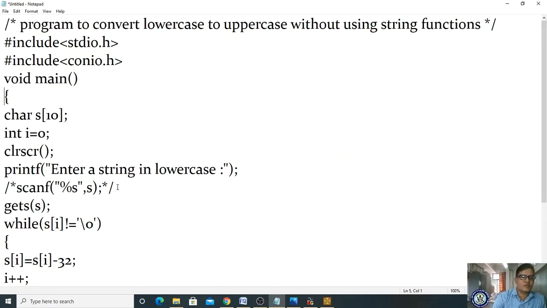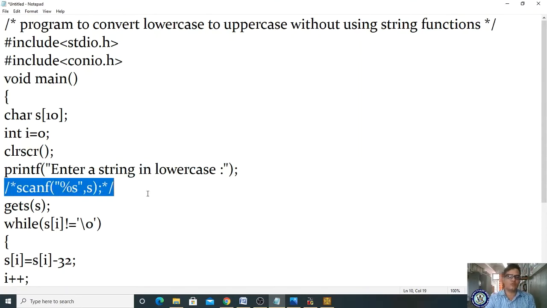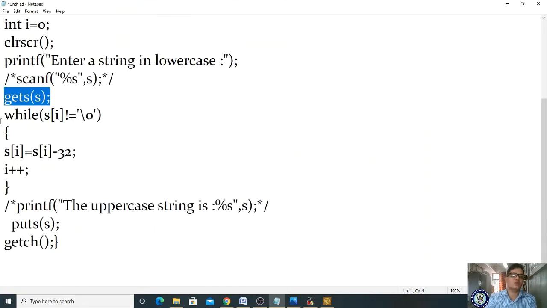We have to enter a string in lowercase. First we declare a character array variable with size 10, and here i value is 0. If you are taking i, a looping statement is compulsory. First you write one output statement, enter a lowercase string. You can use either scanf or gets. If you use gets, space is also accepted, right? Next you write the while condition.